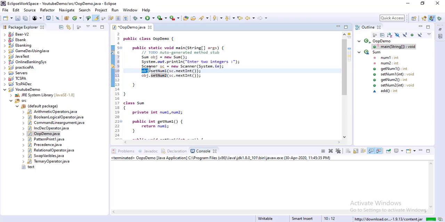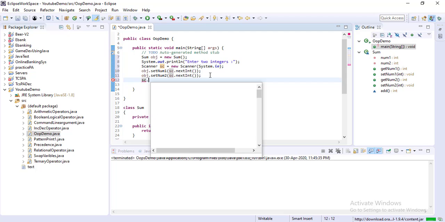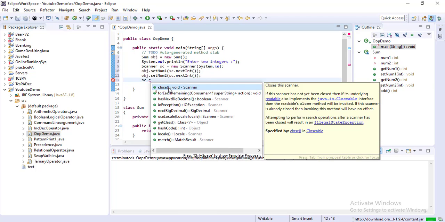object of the Sum class. First we have created the object of the Sum class, and then using that object we set the values. Then we are closing the sc object.